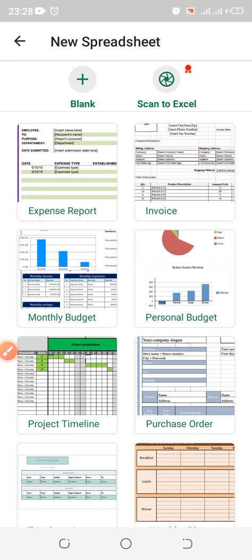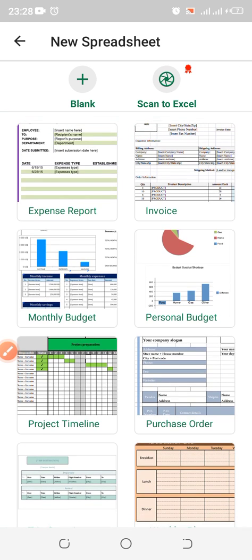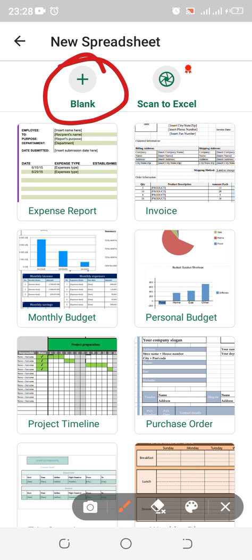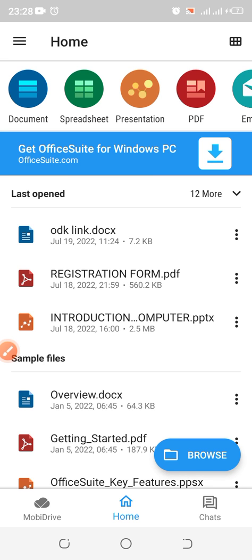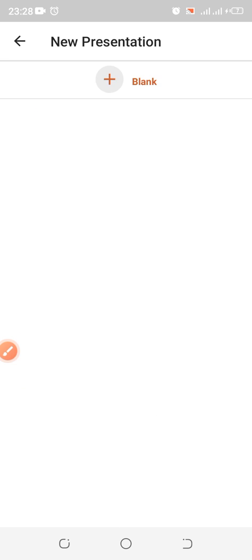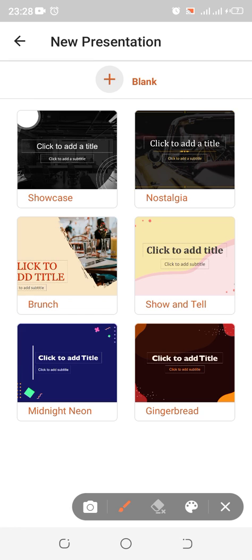Coming to Excel, there are different sets of templates. Also, you open this blank to start a new file. Same also for the presentation, which is PowerPoint. You see, all this we'll be looking at one after the other. Okay,